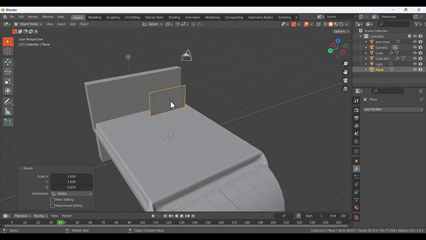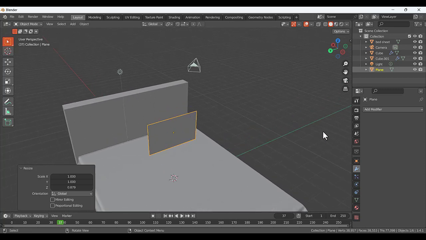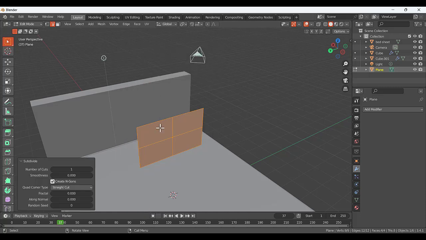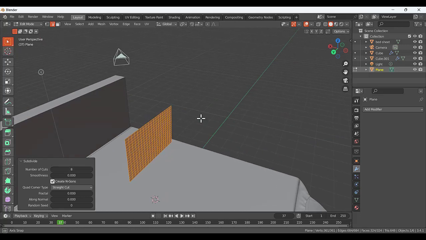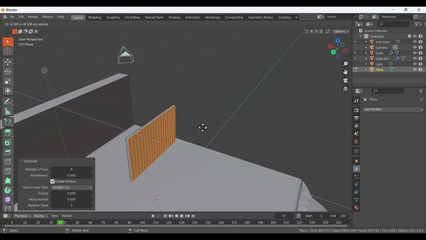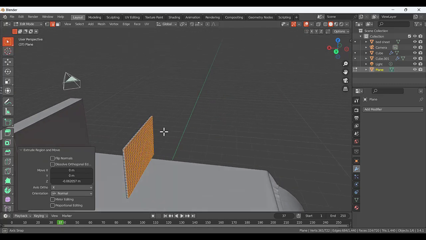And here we are going to again apply the physics to make the pillow. So select this one, Control A to apply the scale, then go to edit mode by pressing Tab, and here subdivide it. So increase it like that, and here I'm going to press E to extrude it in this direction, just a little bit of value like that,